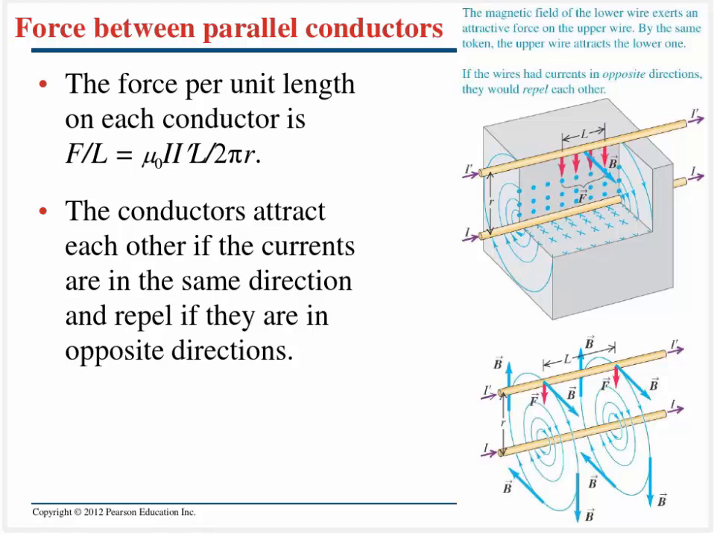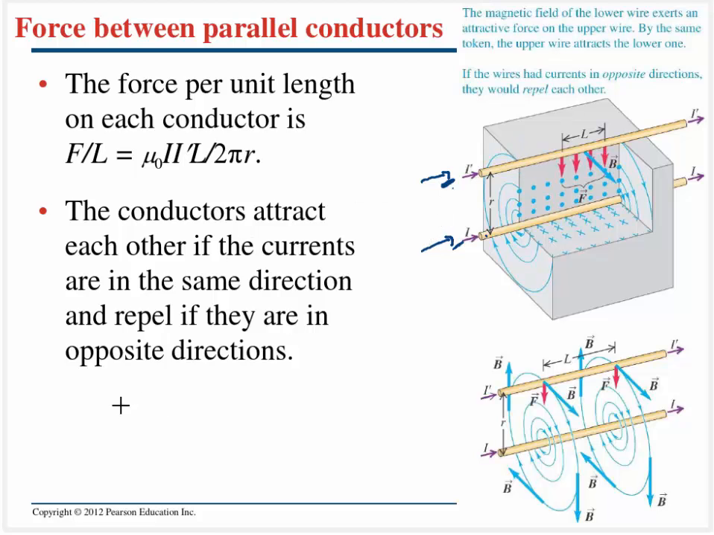If you have two long current carrying wires, think about it, this one's going to be generating a magnetic field, and this one's going to be generating a magnetic field. So this wire right here is going to interact with the first wire's magnetic field, and there's going to be